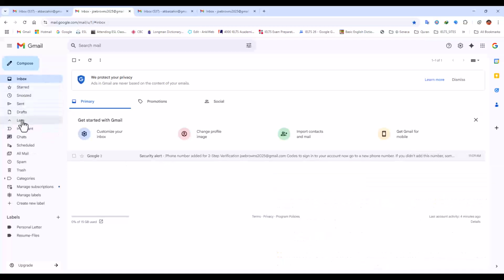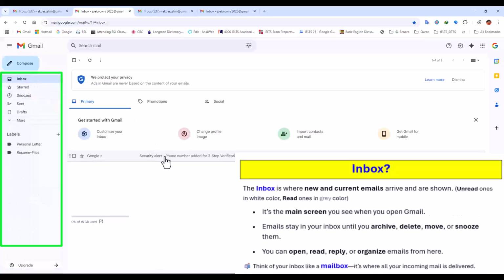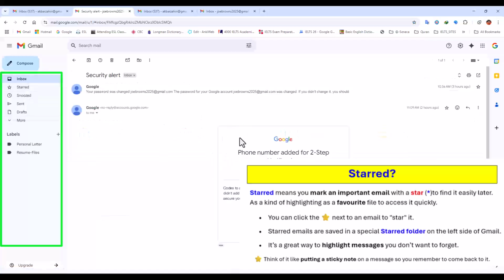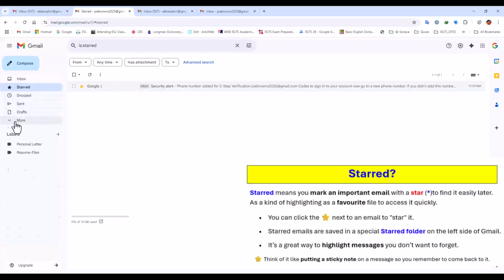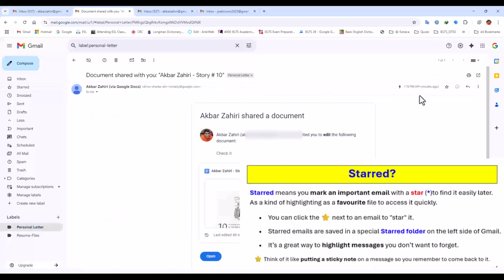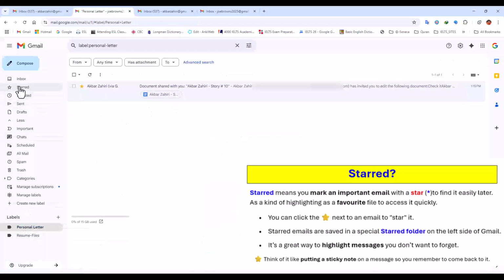So up to now we have worked on these folders: inbox, with all the files that you have had. And the next one is starred. When you have an email that is very important for you, and you want to save it as a favorite one, when you're reading it, you can click on the star. Here, when I click on the star, you see it has a star. It is saved in starred. For example, if I go to my mail, personal, that I have created, it is very important for me. When I open this one, I can click here on the star. It is here in my personal label, but also it is in starred.